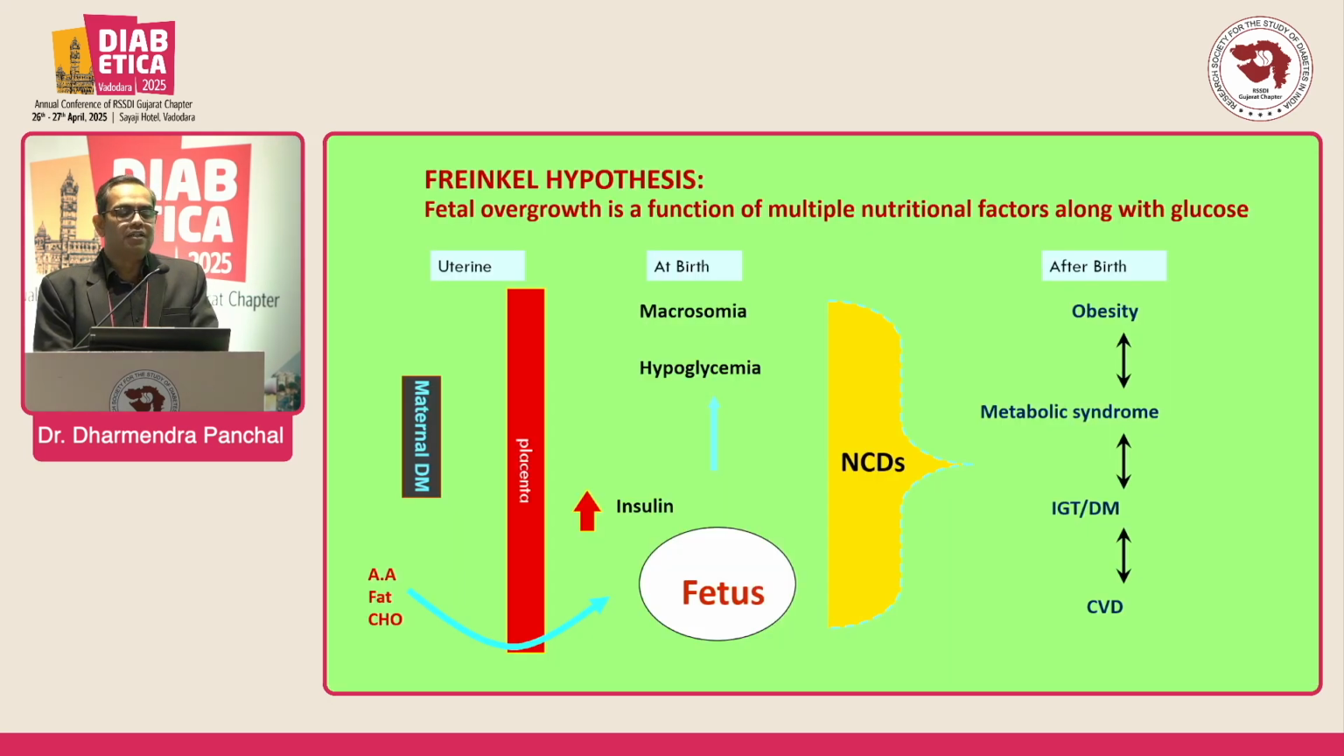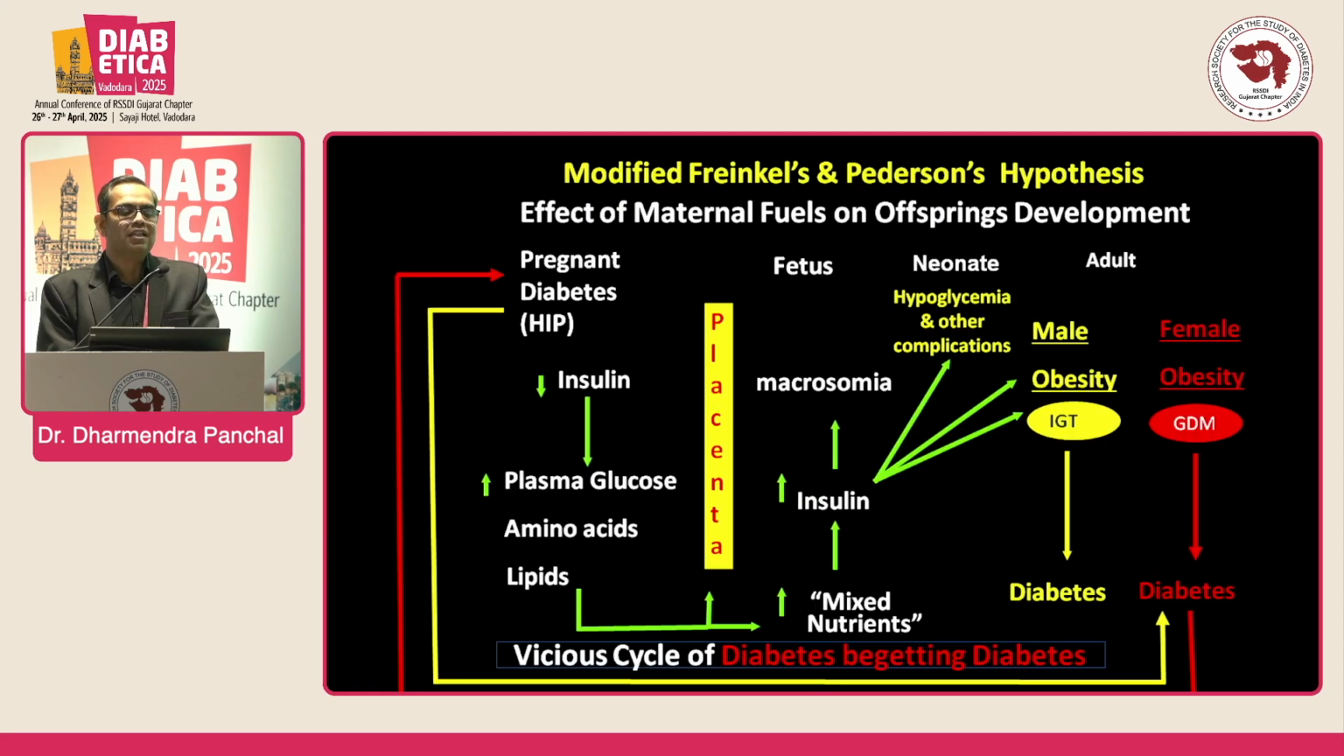Now, along with that, the Freinkel hypothesis states that it's not only glucose, it's fuel-mediated teratogenesis. So that's why we have to take care of the pregnant mother starting from day one, and if you see the advice from our ancestors, I think that was in their mind, in their ancient science, even how this fuel-mediated teratogenesis can affect the future of the fetus. That again forms the base of the Freinkel hypothesis, and that is what we are now talking about as the modified Freinkel and Pedersen hypothesis, where diabetes or hyperglycemia in pregnancy can ultimately decide the future of a fetus in terms of